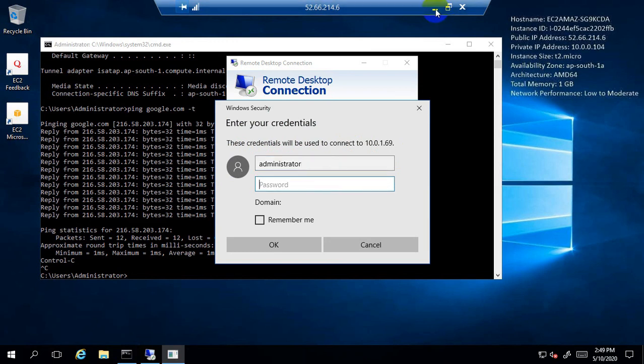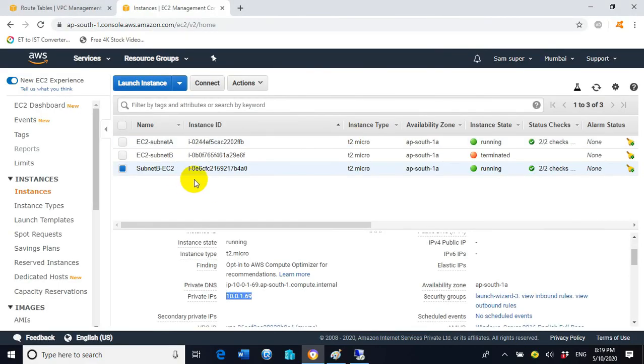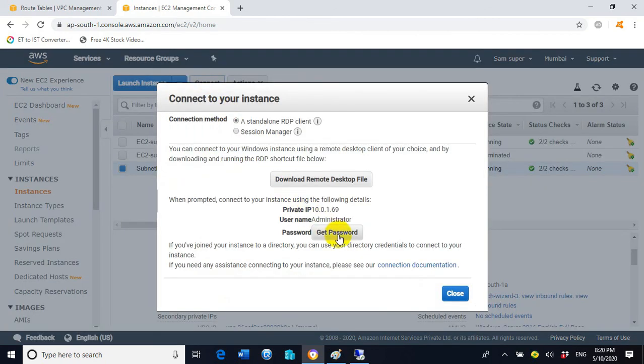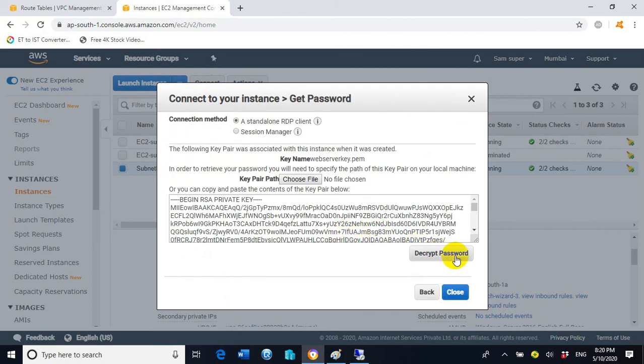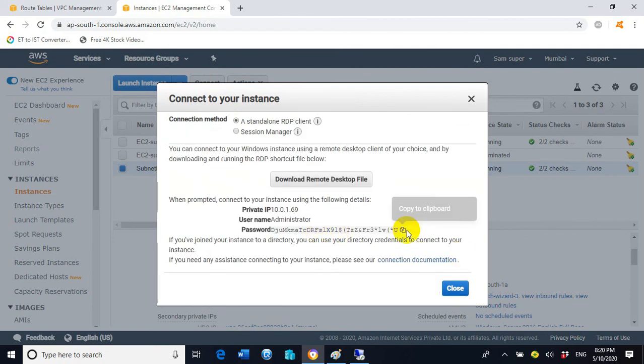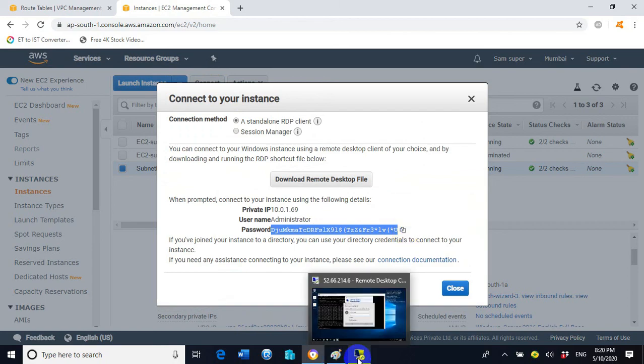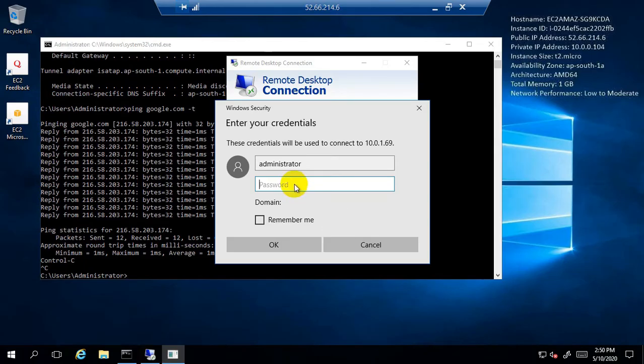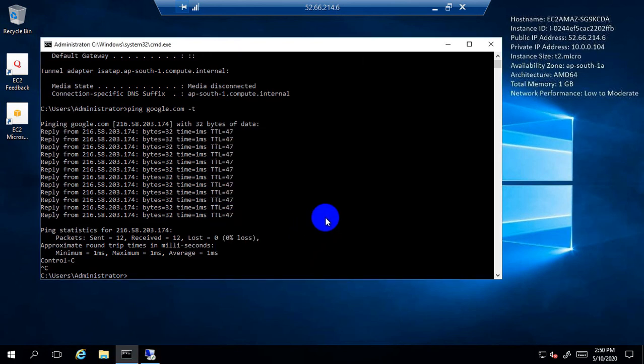In order to generate or decrypt the password, we require the key pair. So we already selected subnet B-EC2, which is the EC2 instance located inside the subnet B. Now click on connect, click on get password, click on decrypt. So just copy the password. The password has been copied successfully. Now paste the password, click on OK.